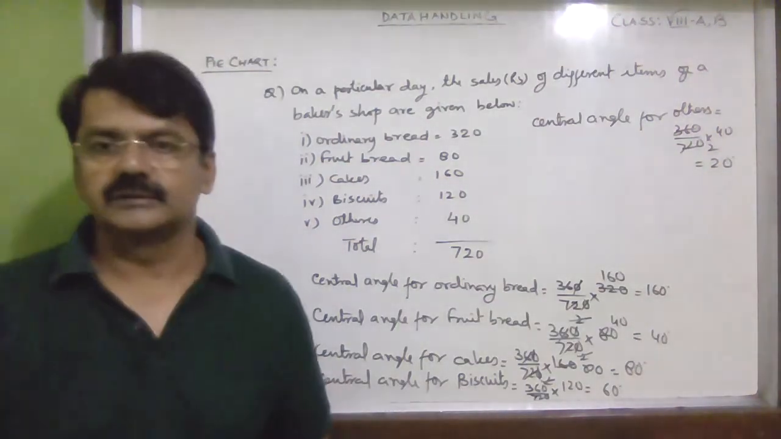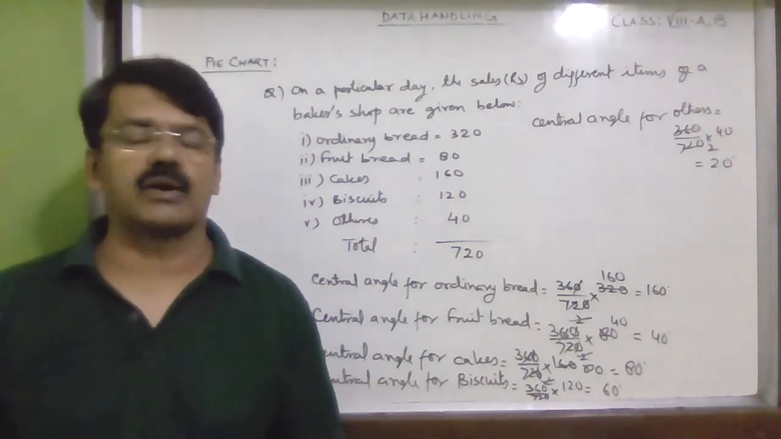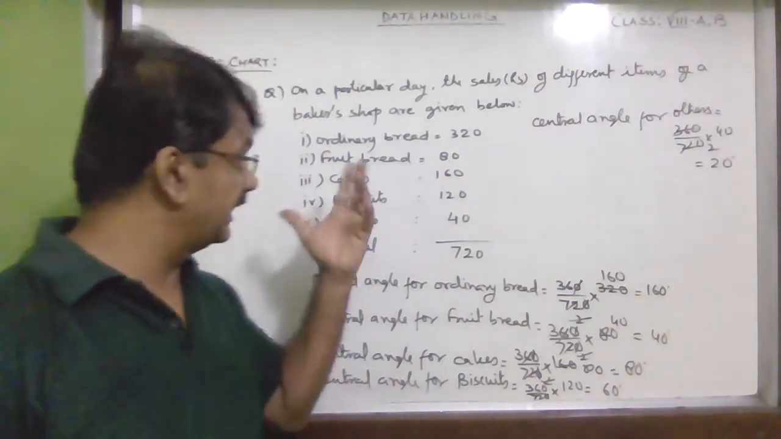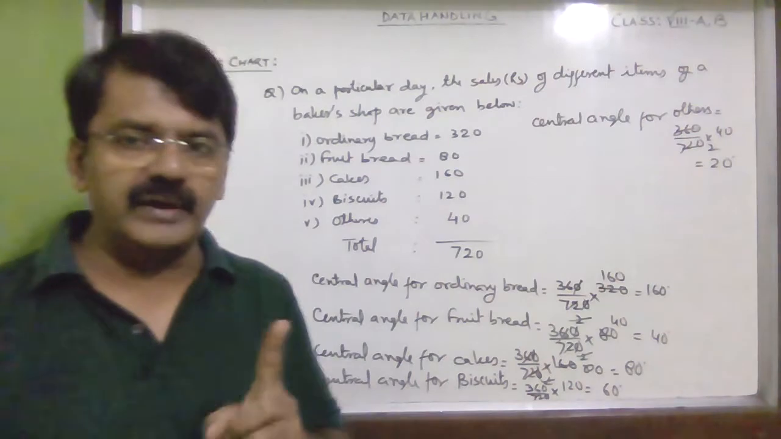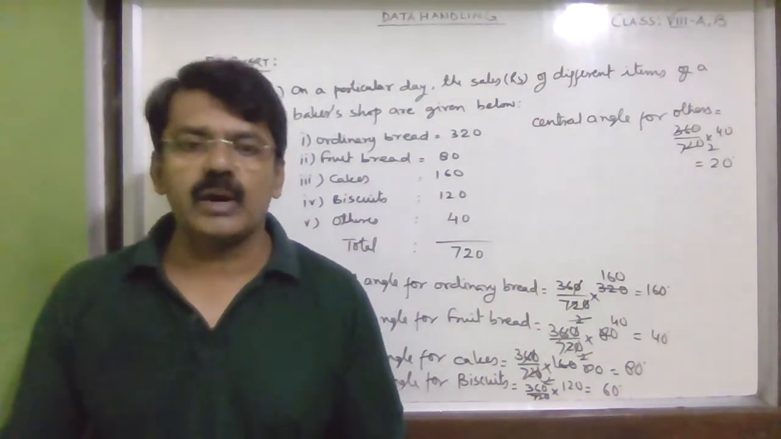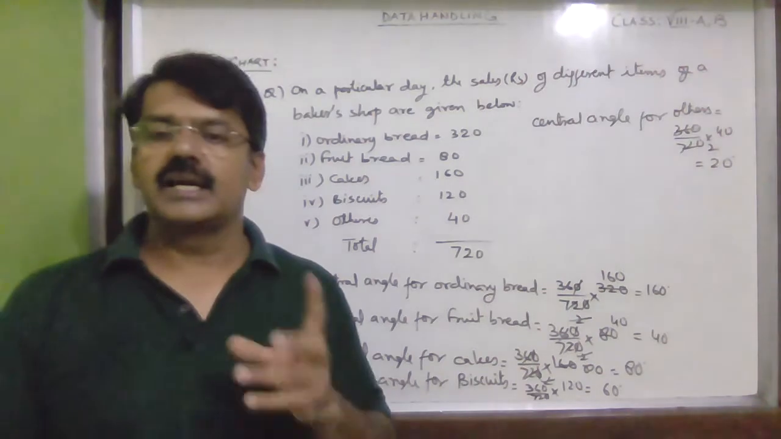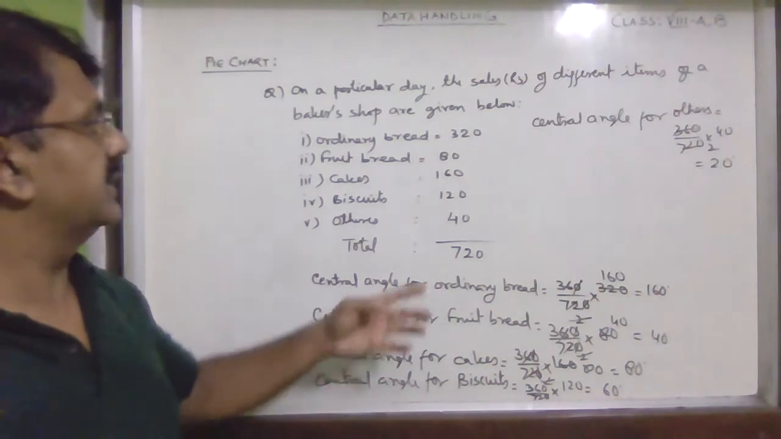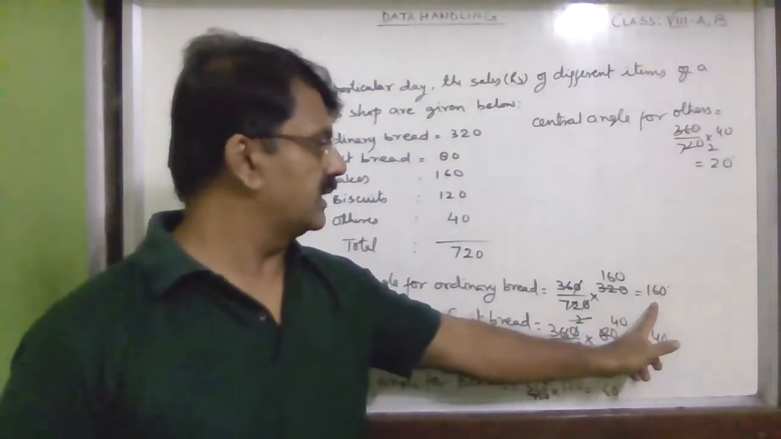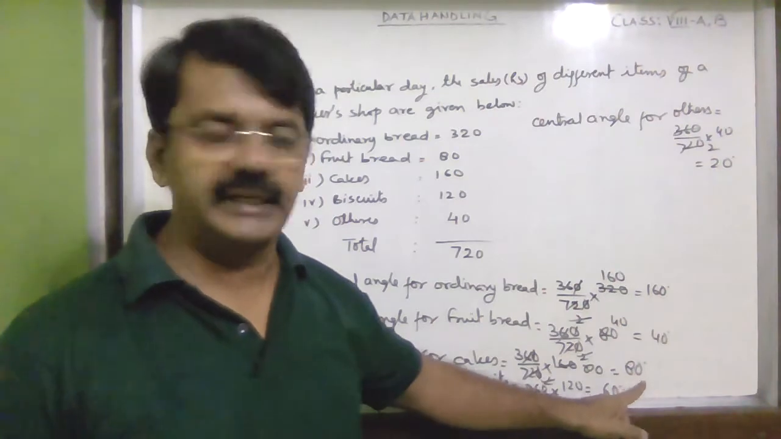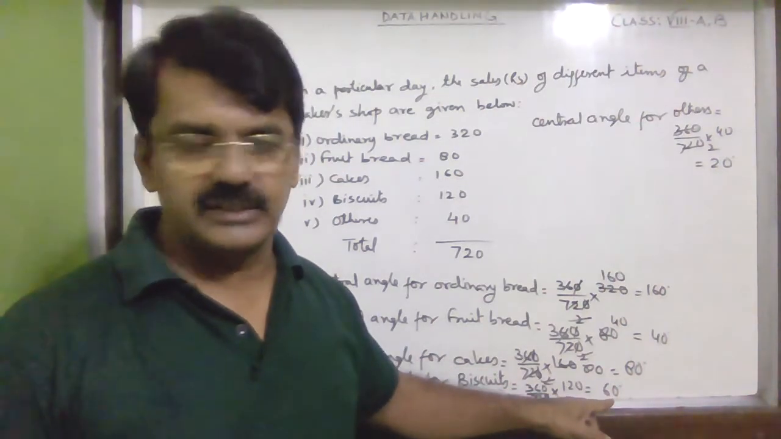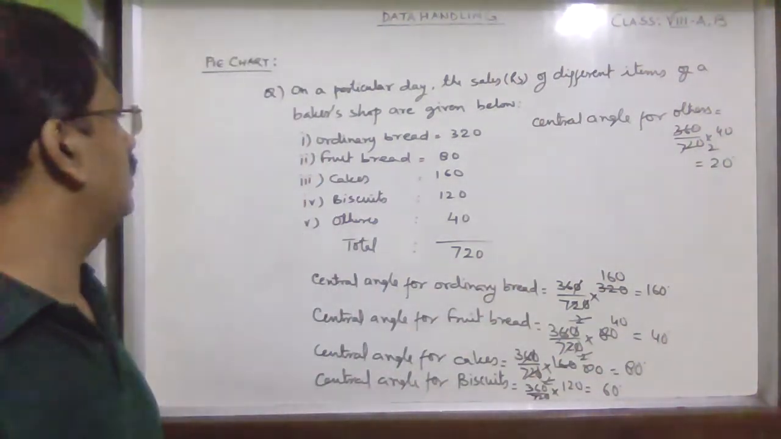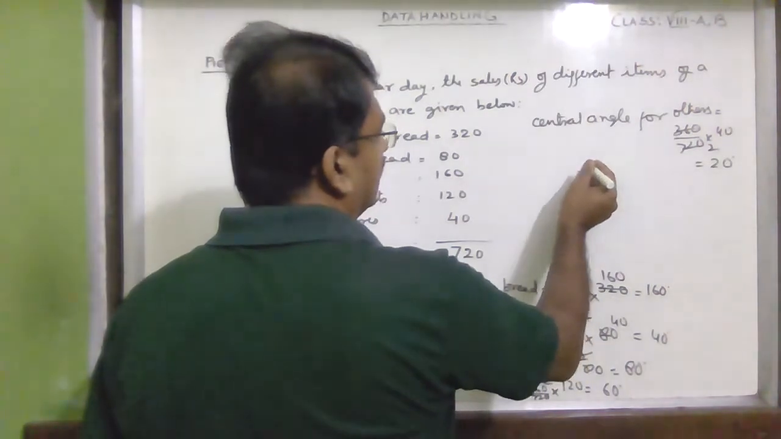So you can see we have found the central angle of all the commodities, all the types, and now always make sure that when you add all the central angles, the sum must be equal to 360 degrees. So you can see it is here 160 plus 40, 200 plus 80, 280 plus 60 is 340 plus 20 is 360. The sum is 360. Now what we do, you make a circle